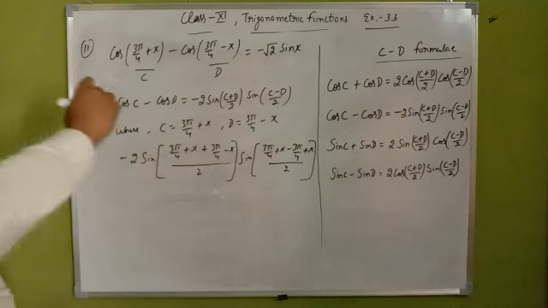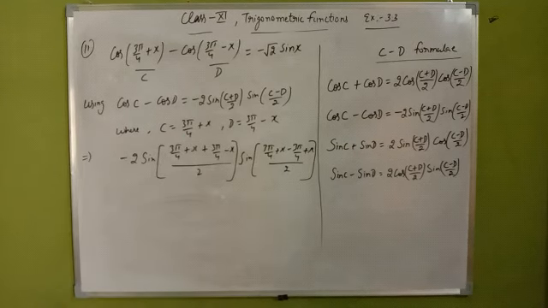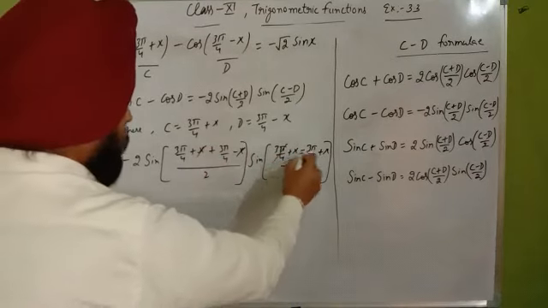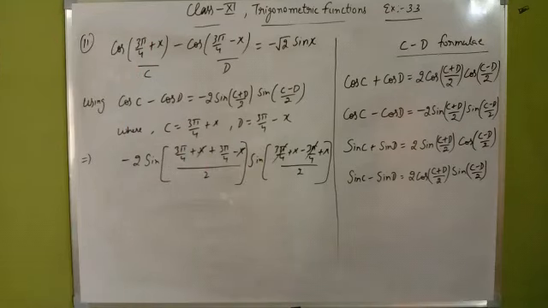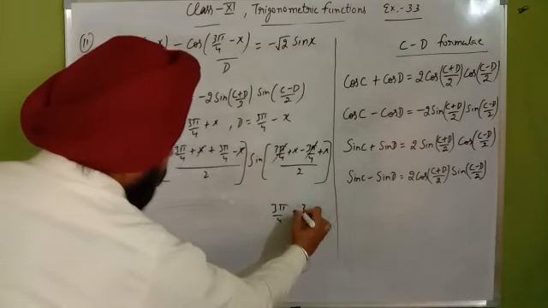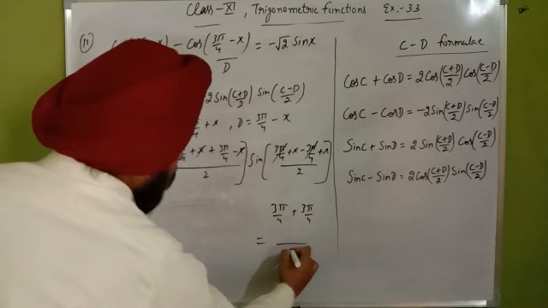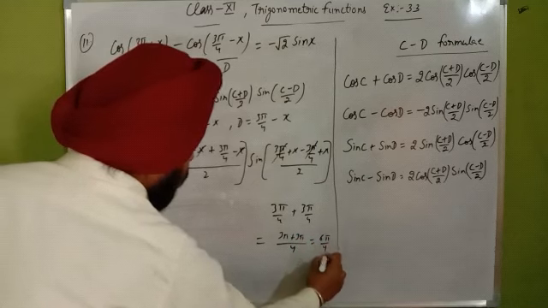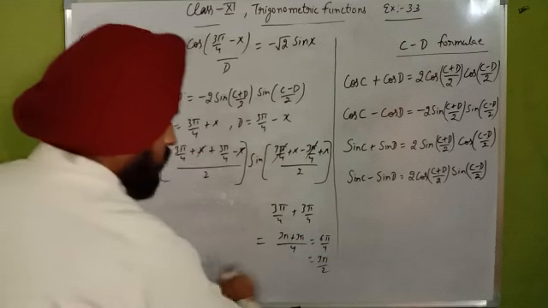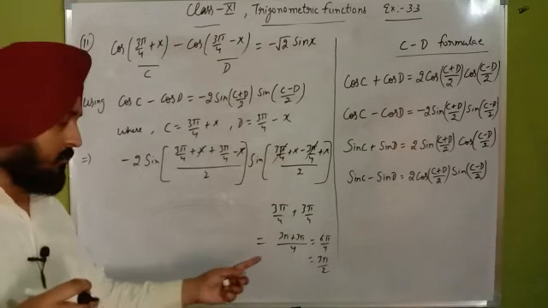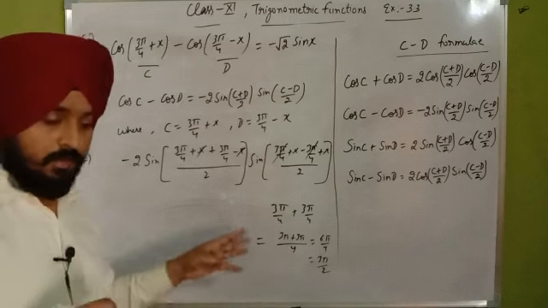Now we just have to open and solve the bracket there. We can cancel x with x first. Now you can cancel 3 pi by 4 with 3 pi by 4. Clear? So what will be the sum of 3 pi by 4, 3 pi by 4? You can check here. That means 3 pi plus 3 pi over 4, which gives you 6 pi by 4. That means 3 pi by 2. You can do the sum in your mind also, but it will be better to check it so it is without error there.